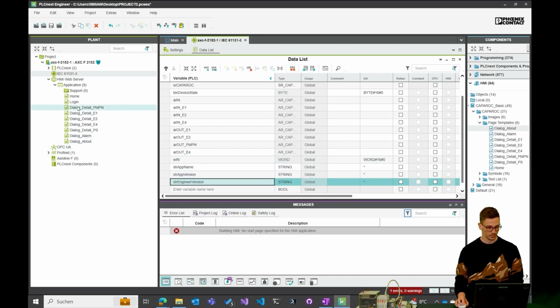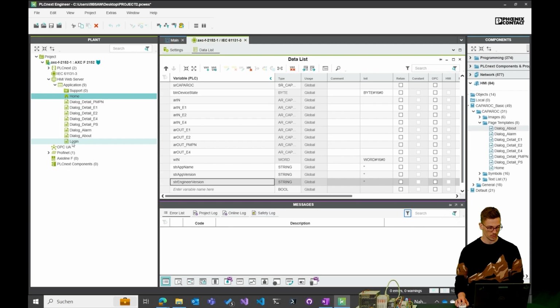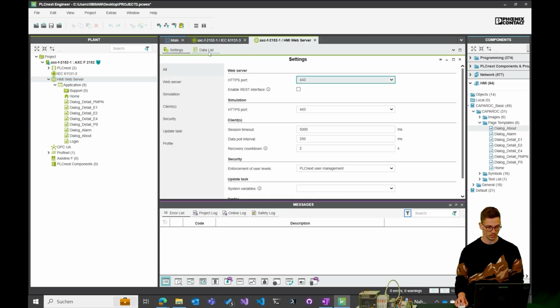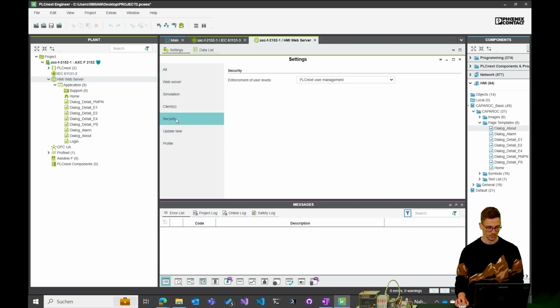So here we can delete the login page. We don't need that. Oh, I know what it's for. Let's go into settings very quick. Security, user management. This is for the login for the visualization, but we don't want that in this case.